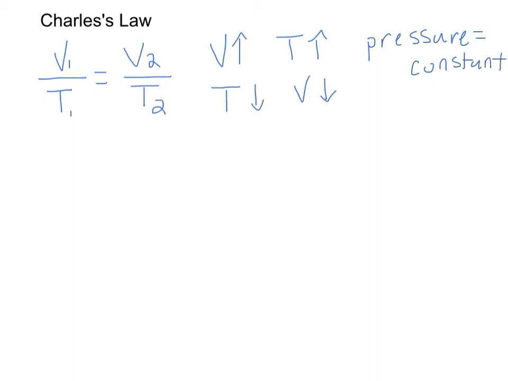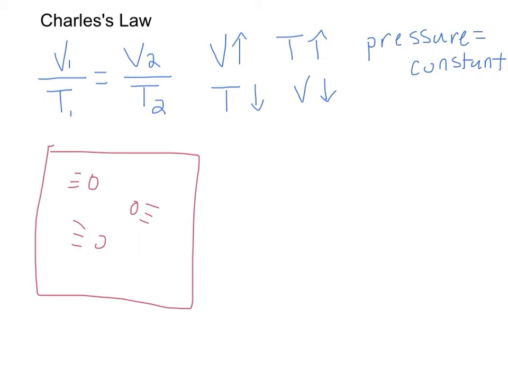So let's take a look at a scenario here. Let's say I have 3 molecules that are all flying around here in this container. Now, if I slow down my molecules, you can see by the little speed lines, they're slowing down. I would have to decrease my volume, as you can see with the smaller box, to make sure my pressure